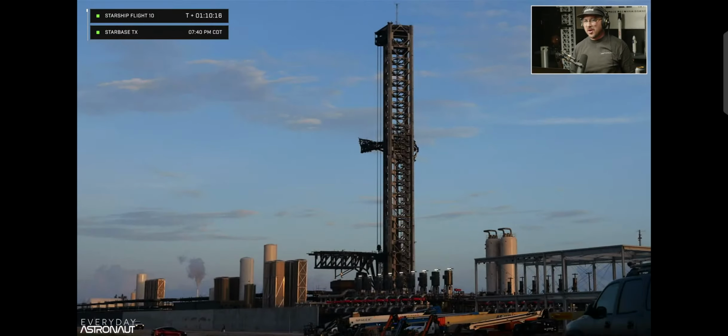And the road's already open again, by the way, down at the pad. That is crazy. I guess that's what happens when they don't bring the booster back and they don't have to,